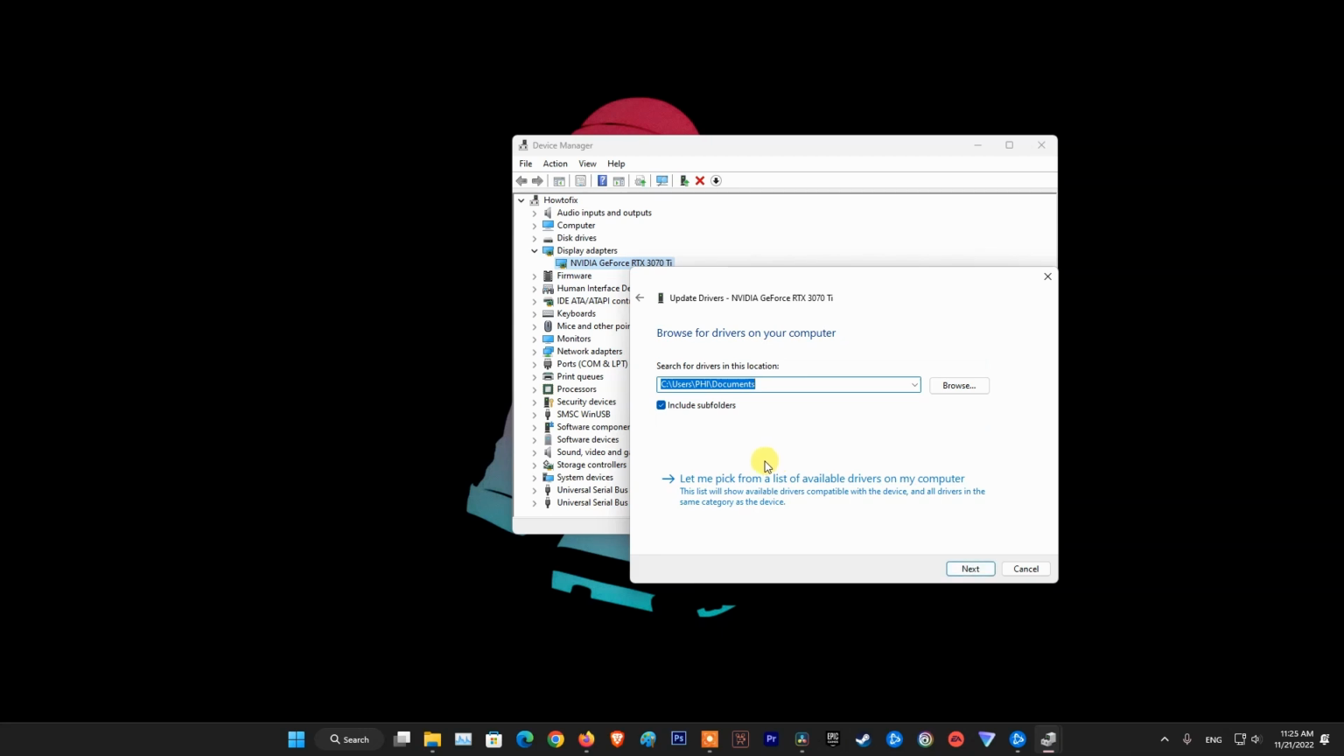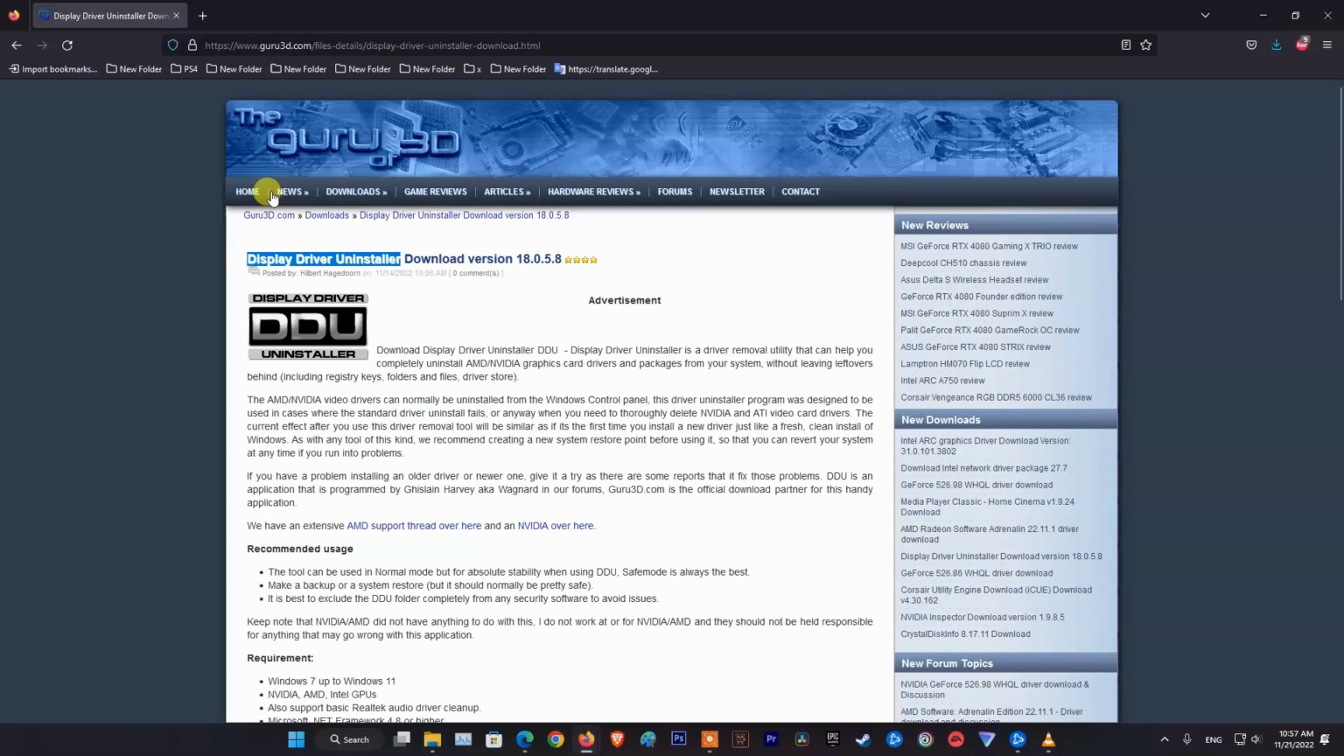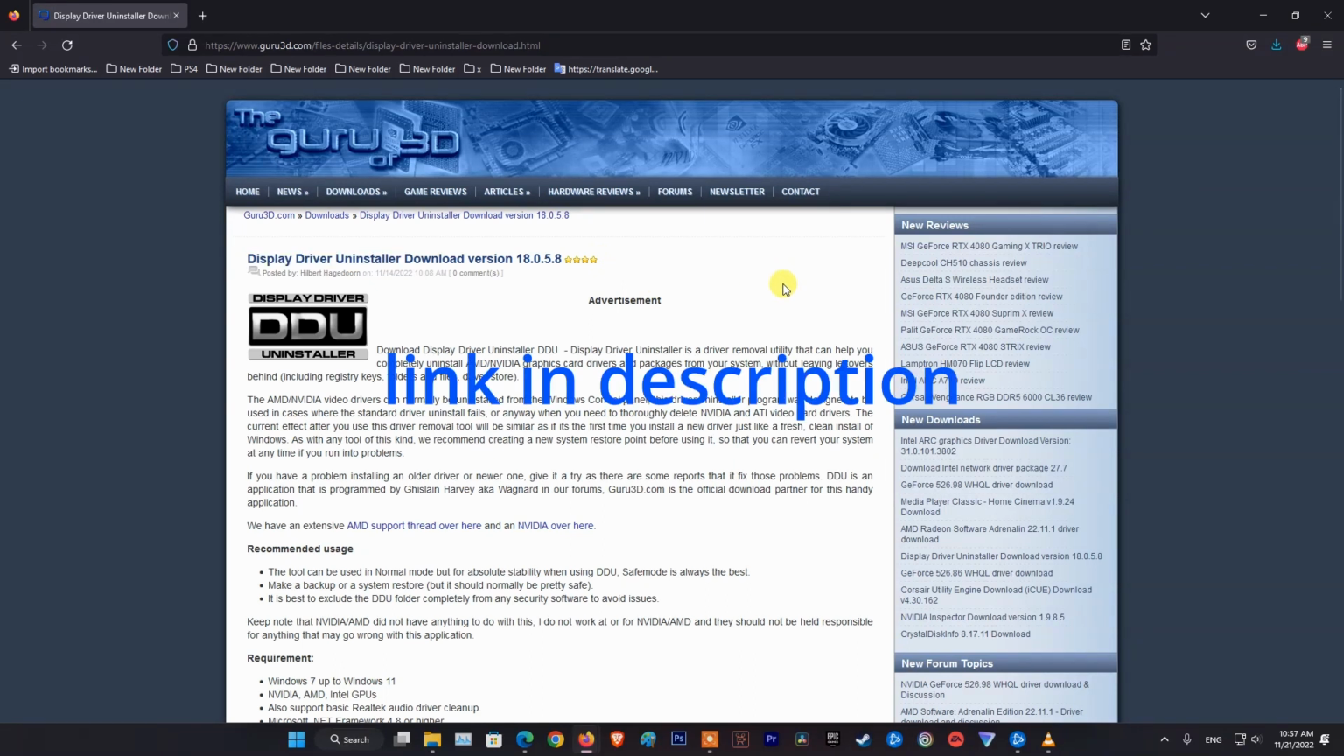Click on Browse My Computer for drivers. Click on Let me pick from a list of available drivers on my computer. Now, choose the version that fails when installing. Click on Next button. At last, if you still can't install NVIDIA driver, then I recommend you to use DDU